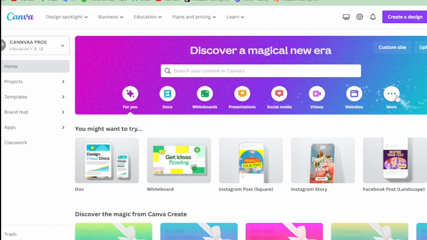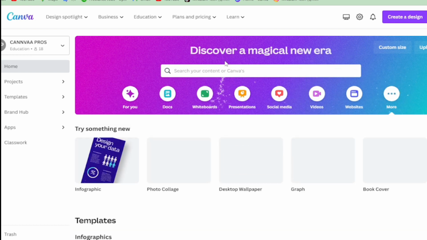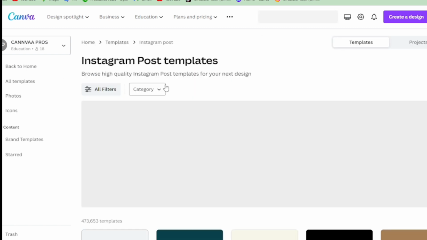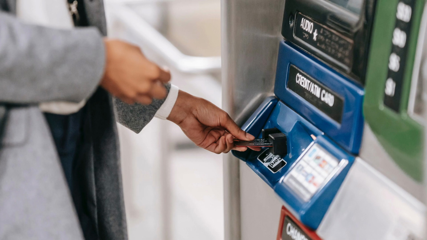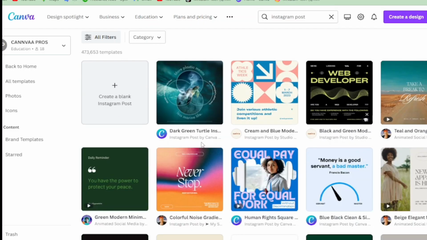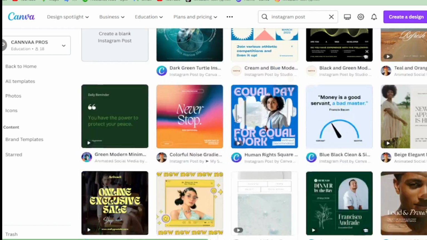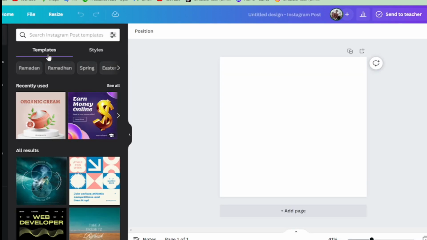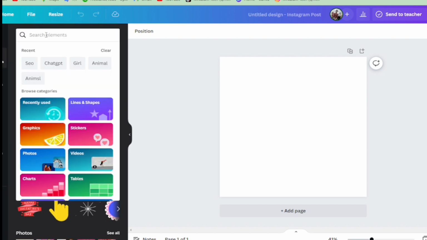Click here on more, then type Instagram post. You don't need to know what size is perfect for Instagram, because Canva suggests lots of templates, so I can choose this one. This is blank because I will start from scratch. For example, I type here element, then type product,